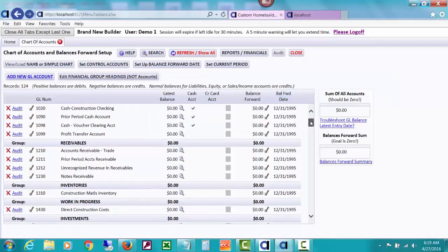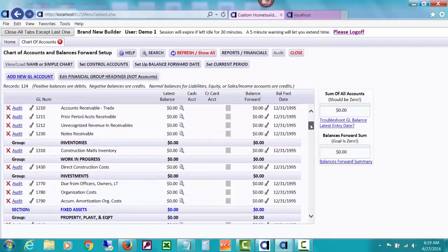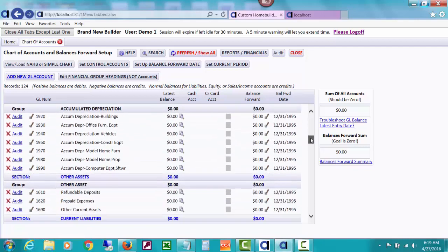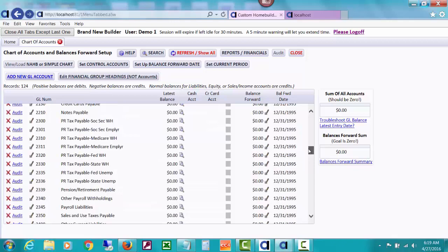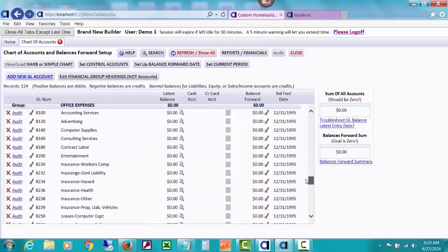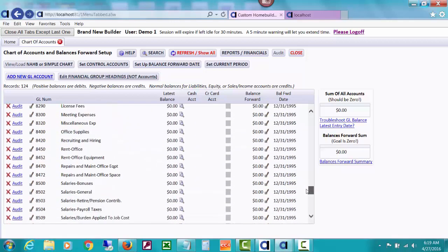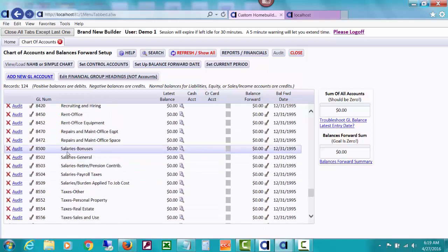Now what I'd like to talk about is, let's decide, maybe we are going to lump all of our, let's get all the way down here to where I have those office expenses. And maybe let's decide we're going to take all of these. We do want on our financials to see how much has been spent on payroll altogether. So these 8,500 to 8,509, we may want those in a section called payroll expenses for whatever reason. I'm just making up things, but I'm going to do that so you can learn about